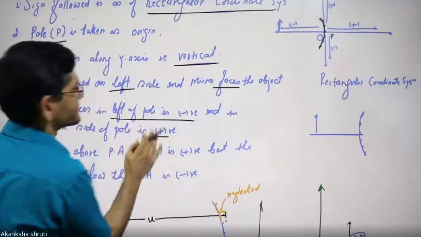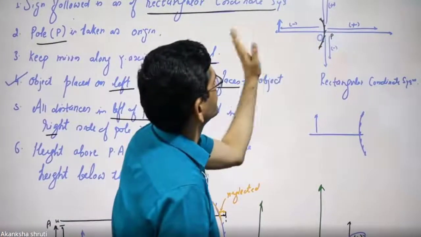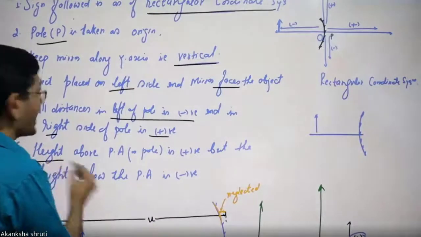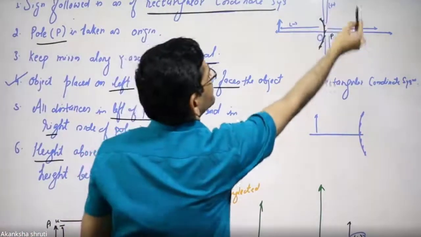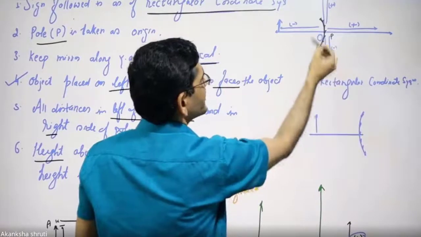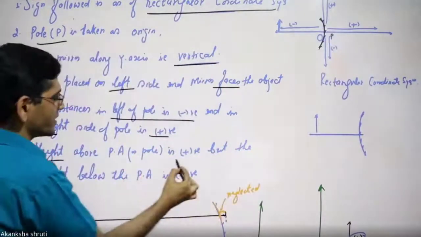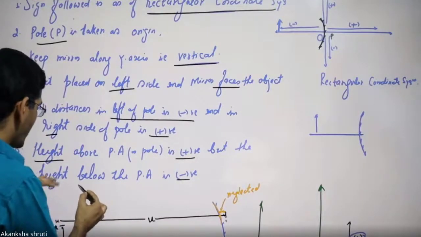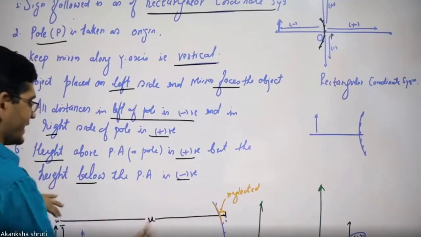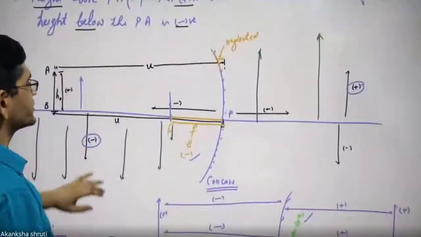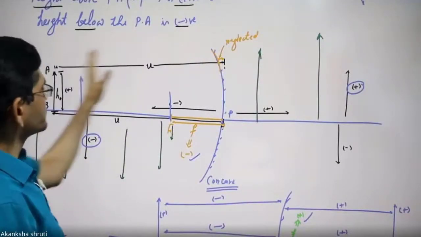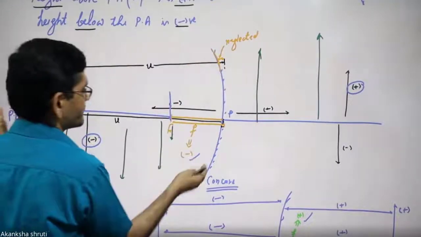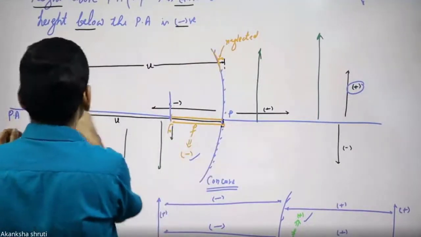Students, this distance means the horizontal distance. But the height means the vertical height or vertical distance, whether upward or downward. If it is upward, it is positive. If it is downward, or below, it is negative. Students, if the question is asked, you have to draw this figure. Do not draw this much of the image. Just draw what we have drawn in the blue line, and whatever signs we have written.